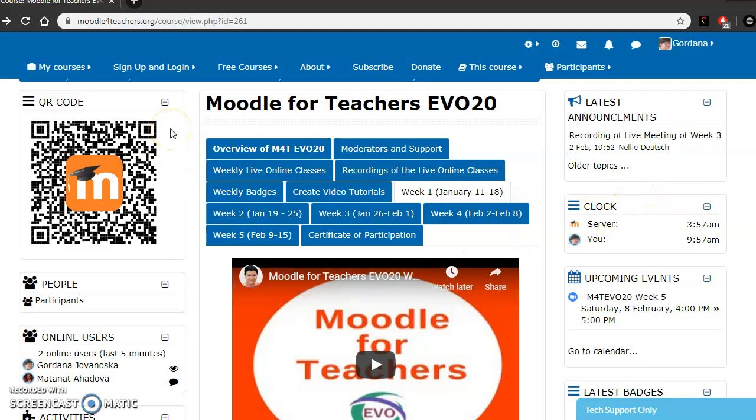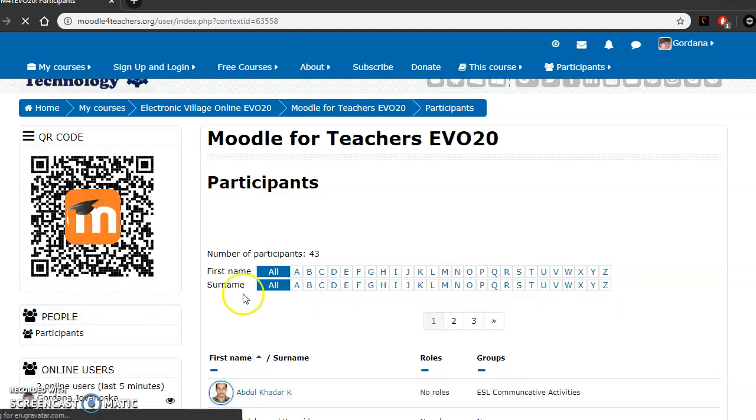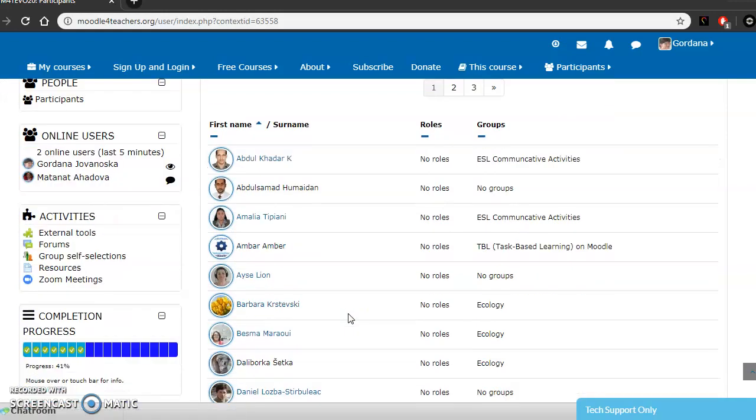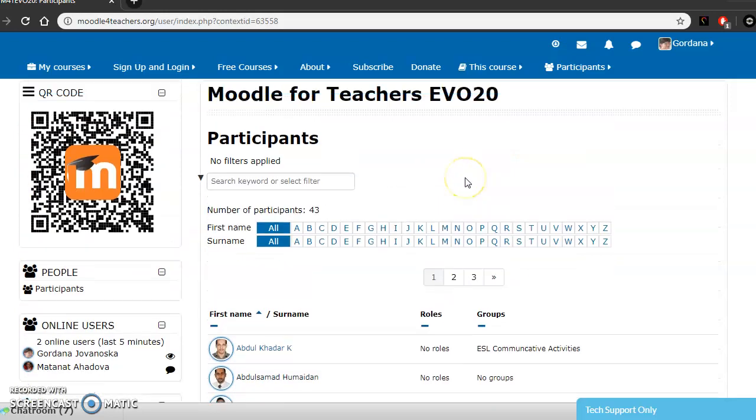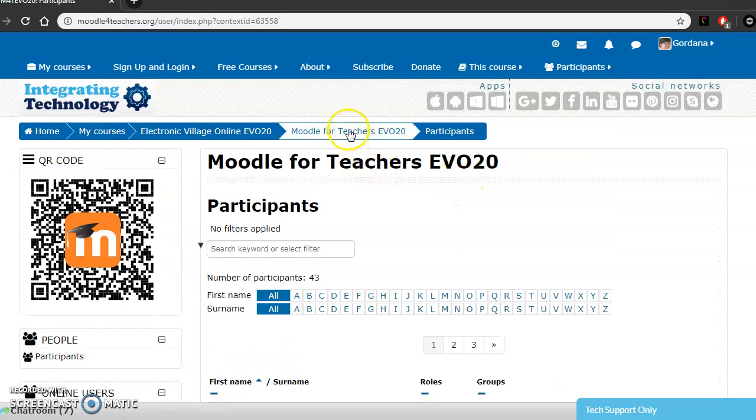On the left side, they can use the QR code block. Instead of writing a URL address, they can scan the QR code with their mobile phones. They can see the participants by clicking on the participants and see the names of all the participants and the groups they have joined. Okay, I'll go back,